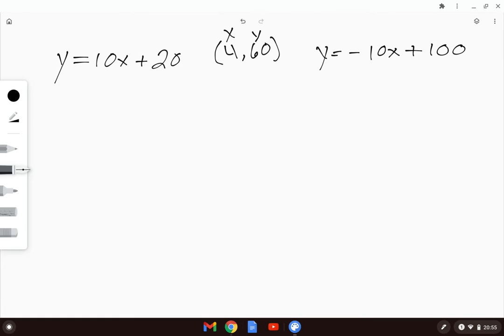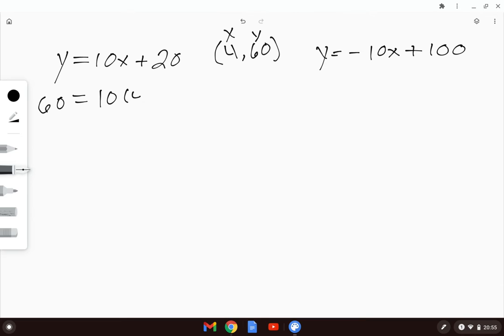Here's both of my equations. y equals 10x plus 20, and I have y equals negative 10x plus 100. So my ordered pair here is (4, 60). So 4 is my x value and 60 is my y value. So to show you how this ordered pair makes both equations true, I'm going to substitute